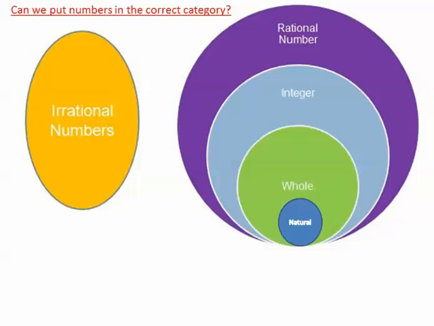Okay, so here I've drawn a Venn diagram. Here's the way it works. The white part back here is like the number line. It's all the numbers in the whole wide world. And inside that, there are some numbers that are irrational. And we've already decided that those are things like pi and